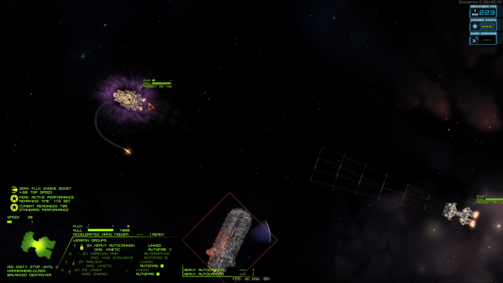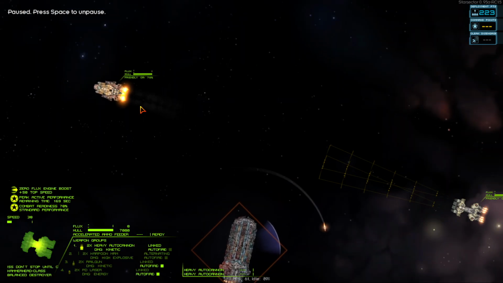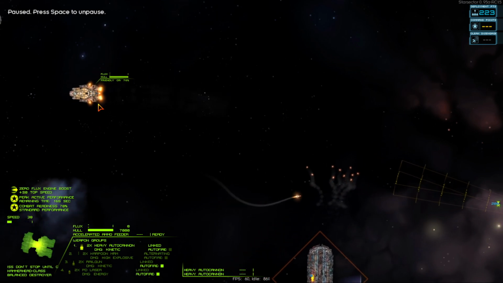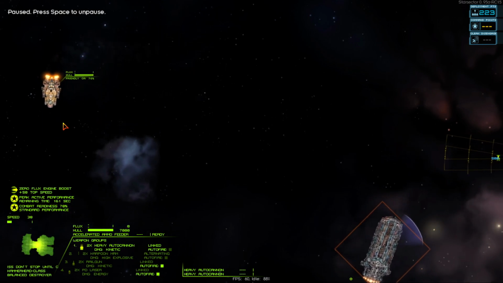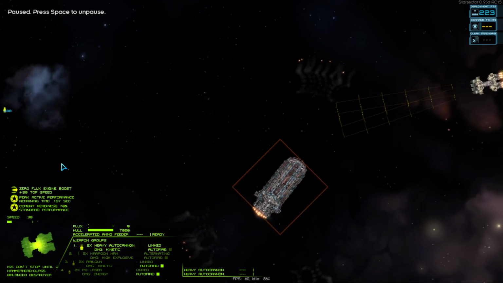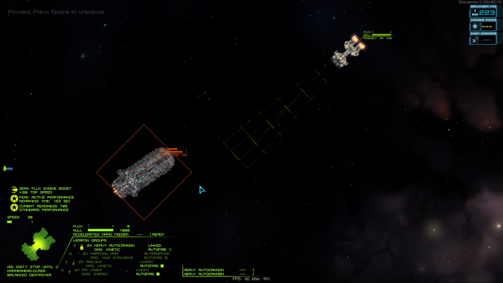It is right now not making sure it is constantly facing the enemy with its front or its shields or anything. It is just doing a wide arc and trying to get the hell out of there, using as much of its engine power as it can to get away from this freighter. Yes, so I think this generally covers...